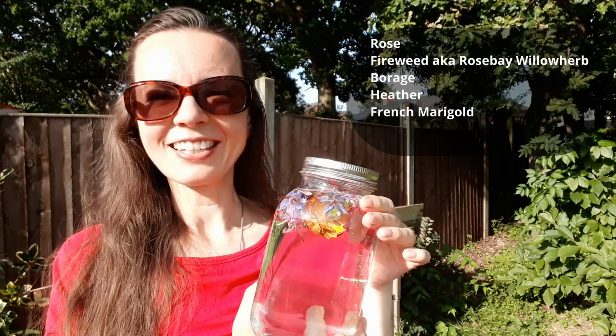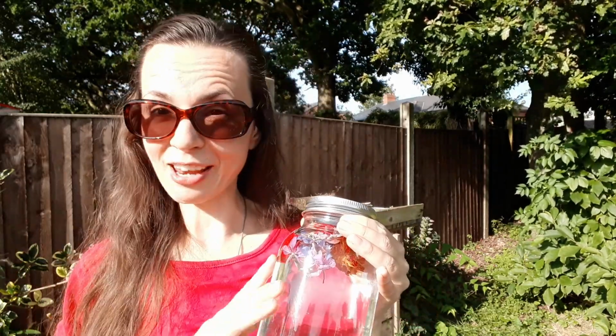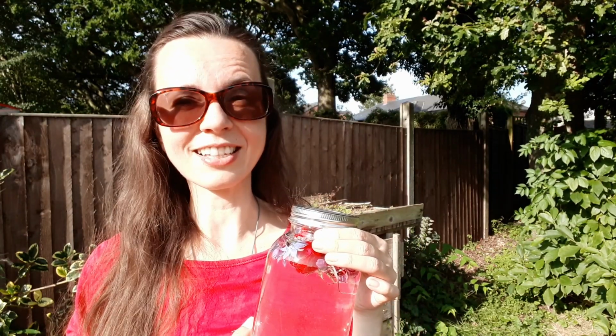let me try this. I am drying some heather flowers for tea later on, and also French marigold. So whatever I've got, I just walked by and I forgot I've got also flowering fuchsia, so I might add something to it as well. And I just leave it for a couple of hours in the bright sunshine, and then I will strain it